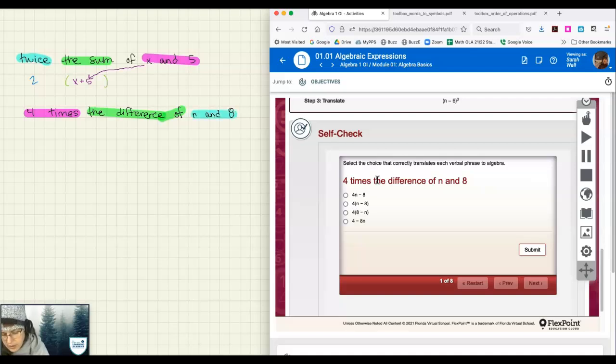Okay, so what are we going to do first? First, we're going to put our parentheses. So the difference of is going to be a minus. So we've got n minus 8. And then 4 times,